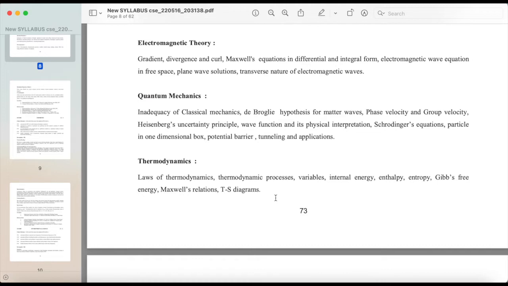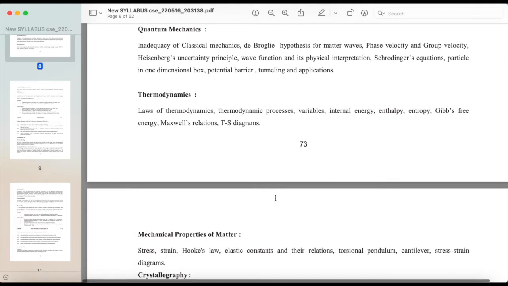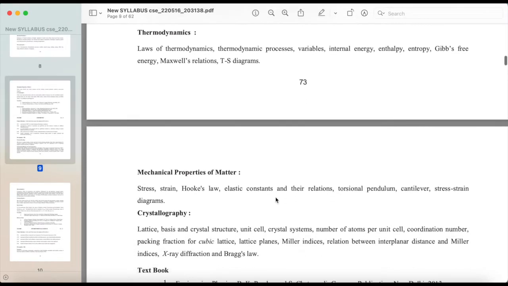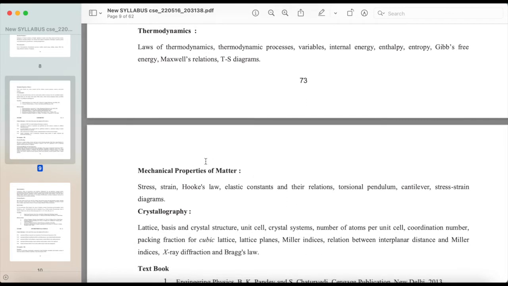integral form, electromagnetic wave equation in free space, plane wave solutions, transverse nature of electromagnetic waves. Quantum mechanics: inadequacy of classical mechanics, de Broglie hypothesis for matter waves, phase velocity and group velocity, Heisenberg's uncertainty principle, wave function and its physical interpretation, Schrödinger's equations, particle in one-dimensional box, potential barrier, tunneling and applications. Thermodynamics: laws of thermodynamics, thermodynamic processes, variables,